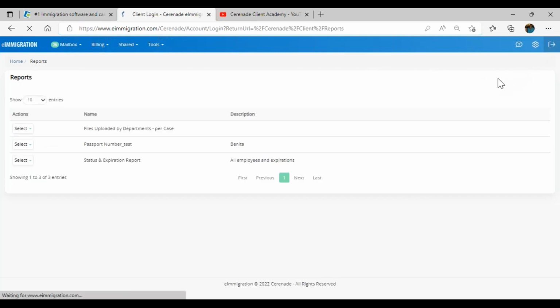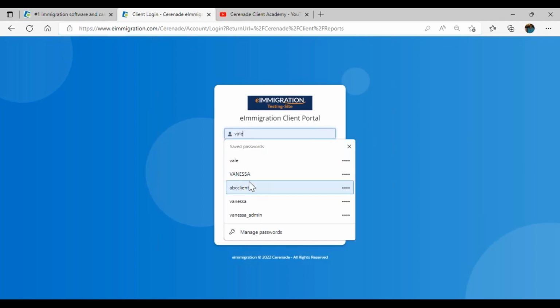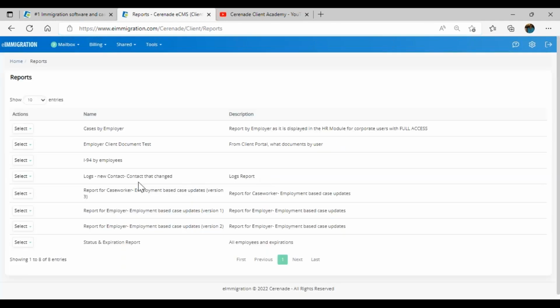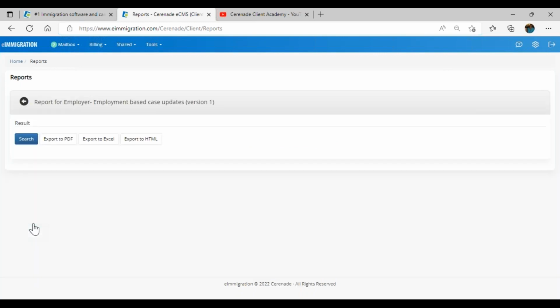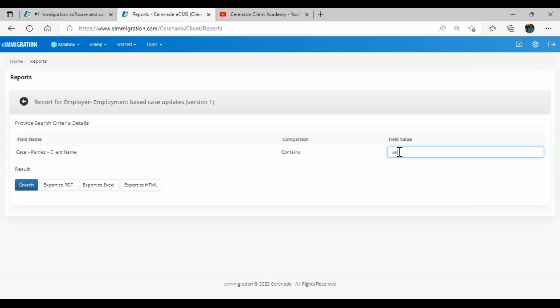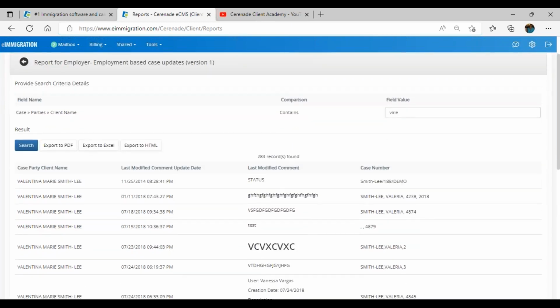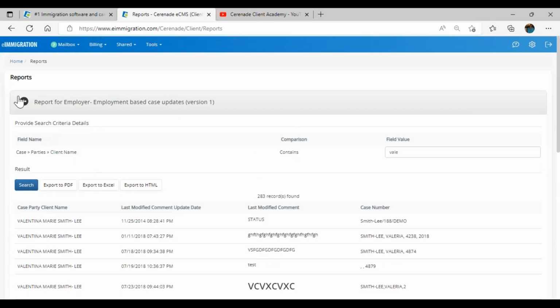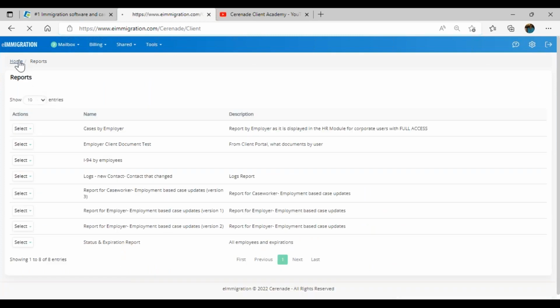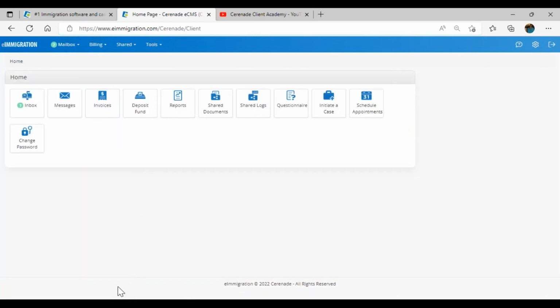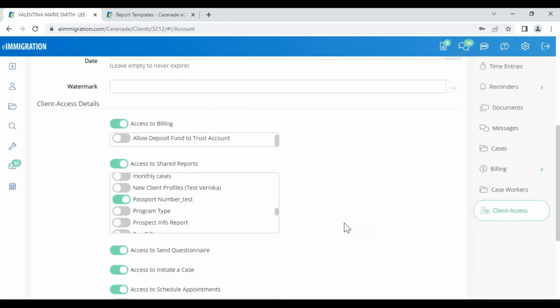Let me show you another example for an employer. If I log in as the HR manager, for cases by employer, or what's the last comment or status on a case, I can search for the employee and it tells me the last modified comment and case number. You can do obviously more than that, but it's super helpful because the clients can download the report instead of calling you for information or you having to draft that email. You can just allow them to access that report. So anyways,